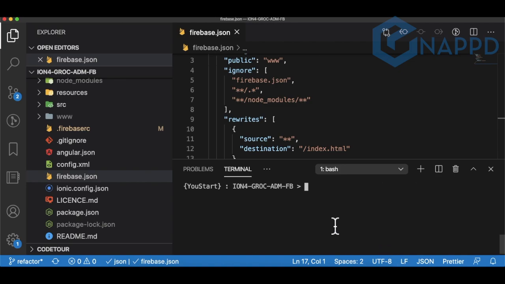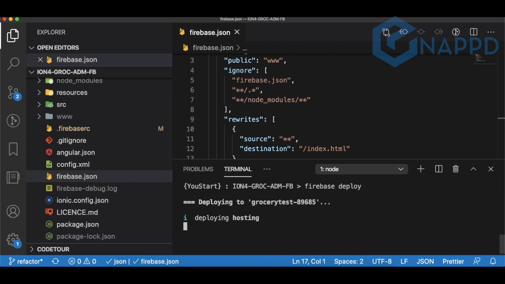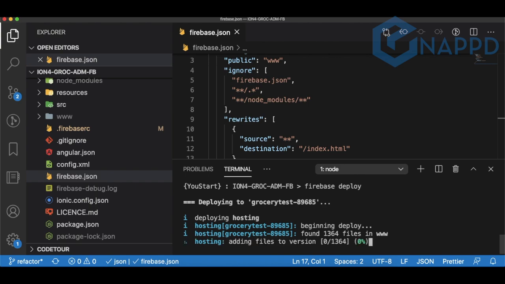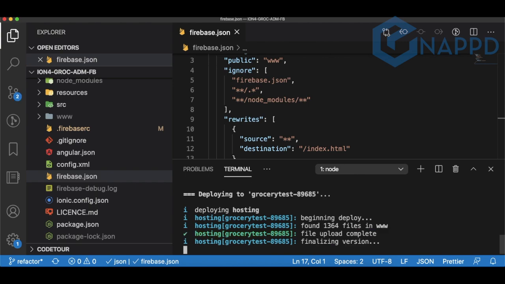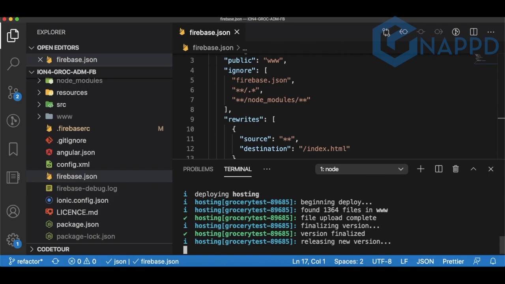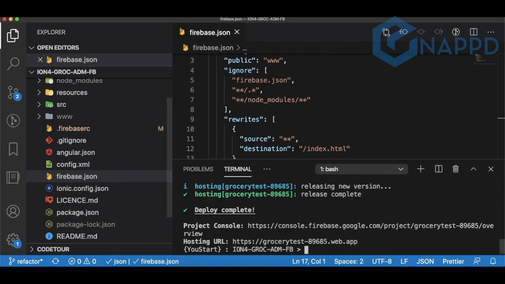So I'll just do the Firebase deploy part. Once you run the Firebase deploy and you have all the access and the build is properly set, it will upload your site to this address where you can click and open it.